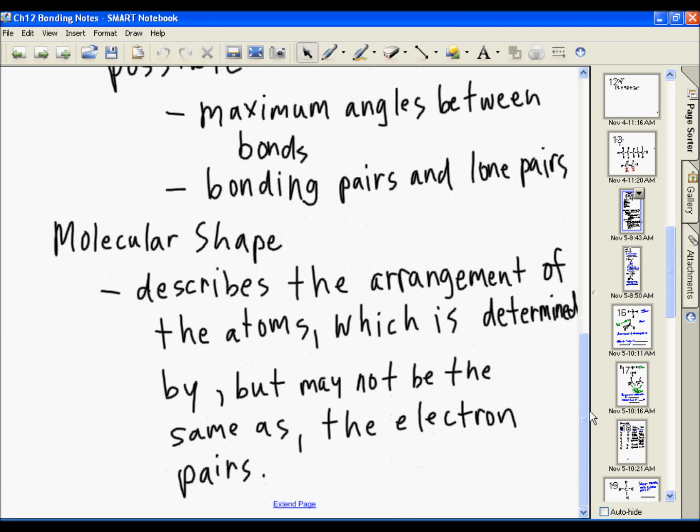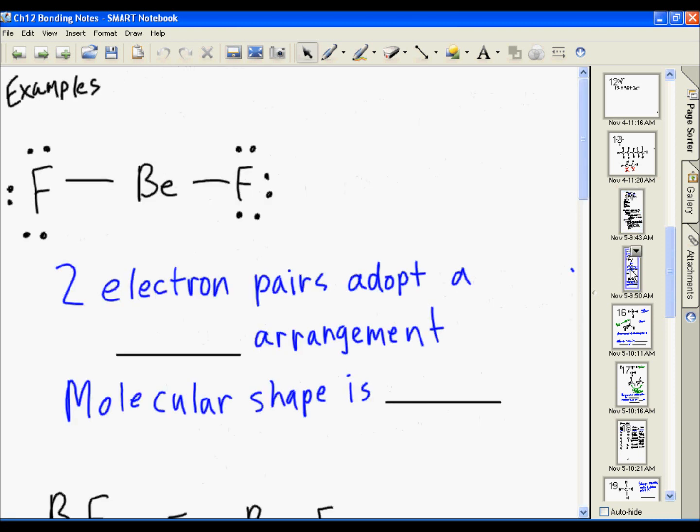So when we talk molecular shape, we're talking about where the atoms are specifically, but we may need to know where the electrons are to figure out where the atoms are. So when we do the shape, we're going to have to be thinking about all the electron pairs, including the lone pairs, but when we name the shape, we're naming it just for where the atoms are. So we'll see that in a little bit. So the first example is BeF2,